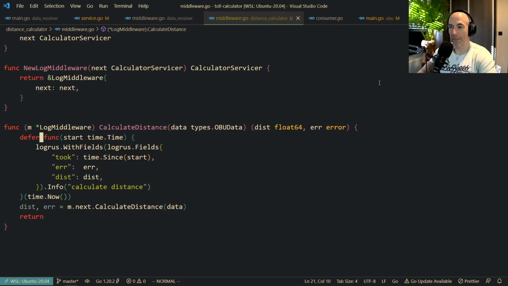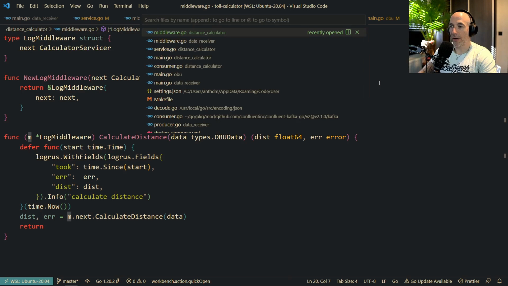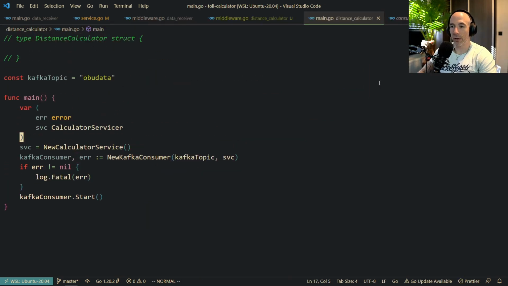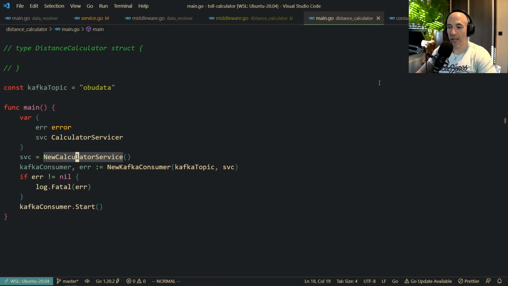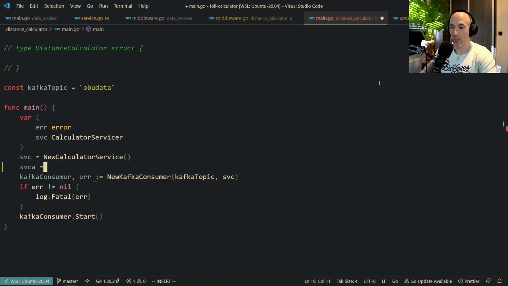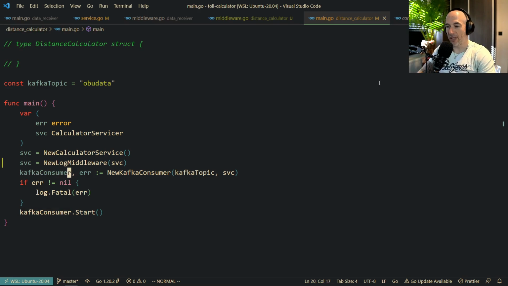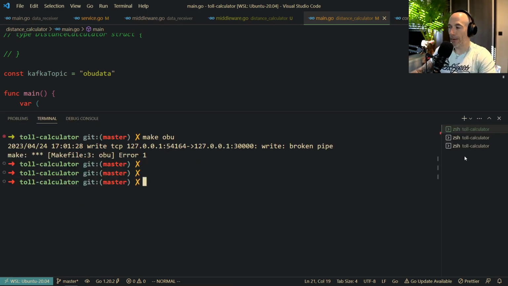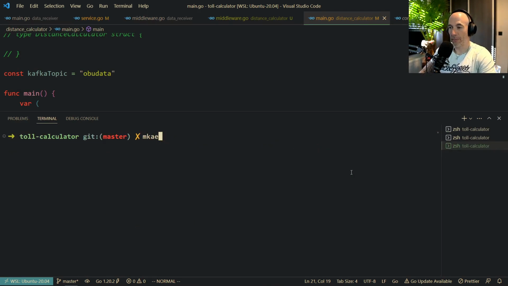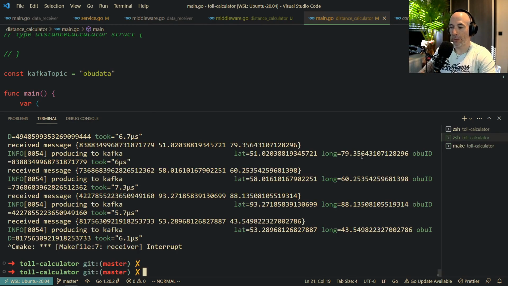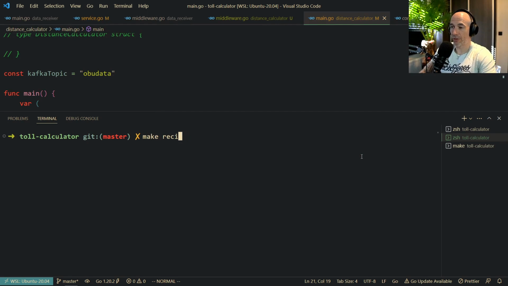That's the play, right? So now in our calculator main, we're going to say the service is going to be a new calculator service. And then we're going to say the service is going to be a new log middleware. And we're going to provide the other service inside of that. And then we're going to put in the service in our new Kafka consumer. Yes. So what we're going to do is make